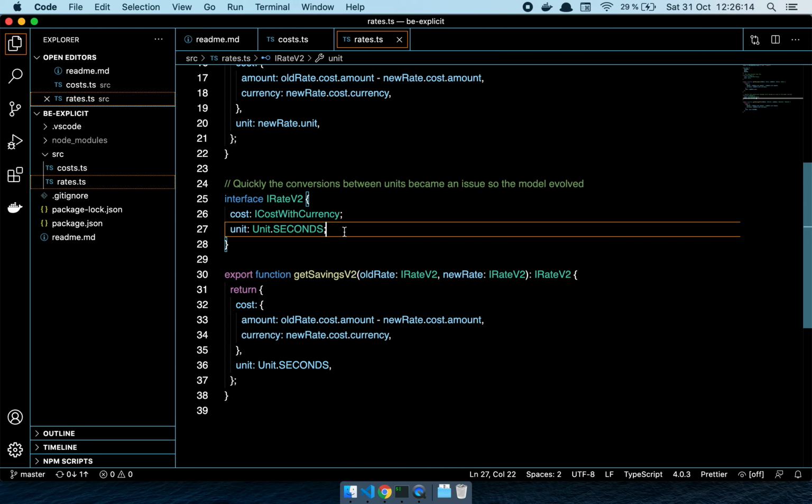Had it been, let's say that we were working in a cloud solution and we were going to measure clock cycles, well, then we might not be able to use seconds. We might need to have even higher precision. Or let's say that we're working with orders. How long is the wait time, or the mean wait time for an order to be processed? Well, it may not make sense to store that number as seconds. It might be better in days or in hours, depending on how precise you want to be.